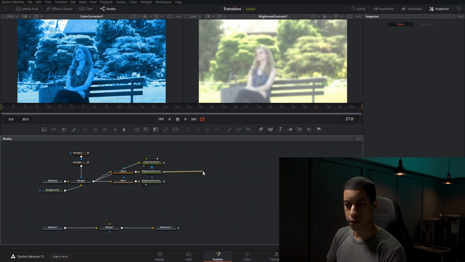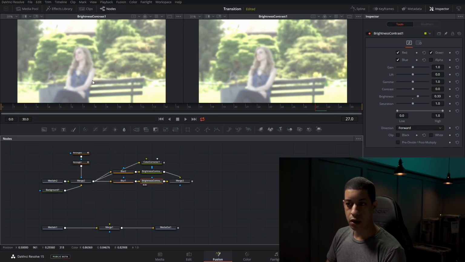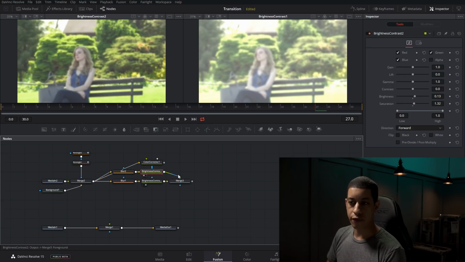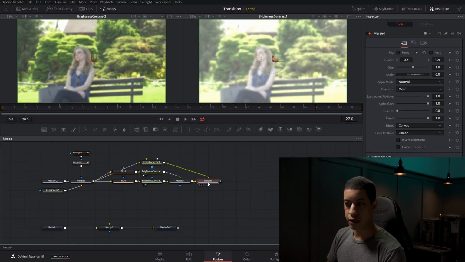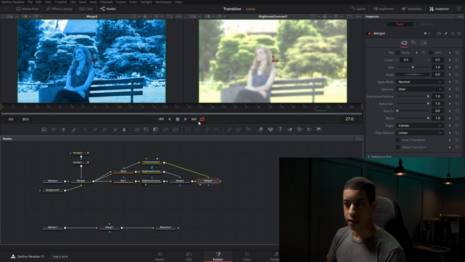I'm going to go from my middle one and connect to my lower one, and what that's going to do is it's going to add a merge, but the bottom one here is going to be the background, and then the next one up will be the foreground, so that will lay over top. And then I'm going to grab from the upper one and drop that down here as well. So now this overlaps over all of them. So now if I play this,